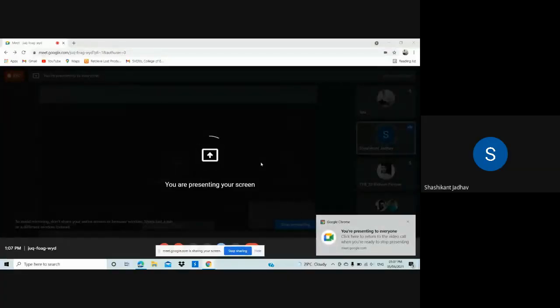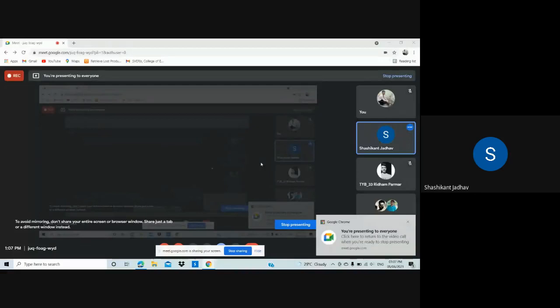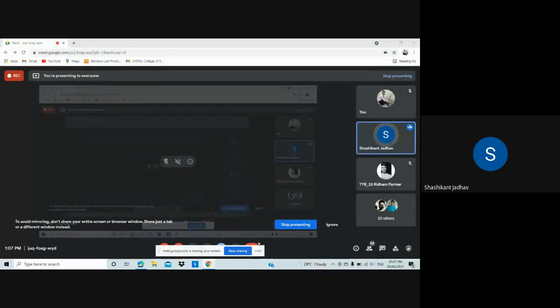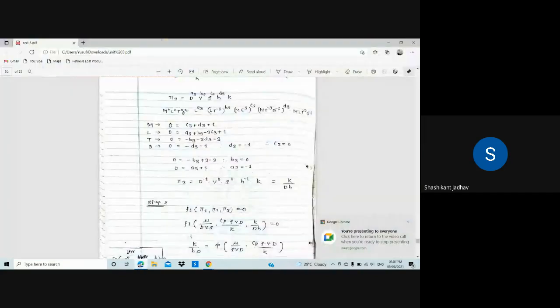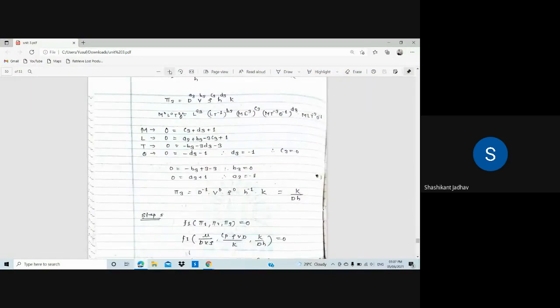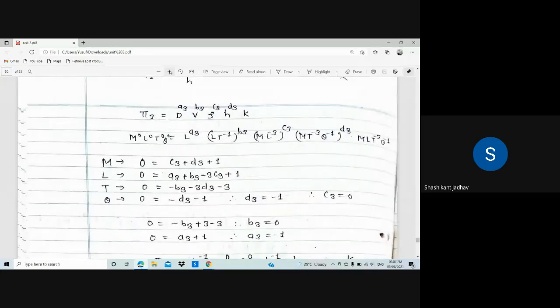Okay. So yesterday we saw one problem related to the Buckingham's pi theorem. After that we started the Buckingham's pi method for forced convection. In that, we are deriving one equation for forced convection, that is, the relation between the dimensionless numbers. Basically there are five steps. By using those five steps, we have to solve the problems. We have to write the relation between the different dimensionless numbers.